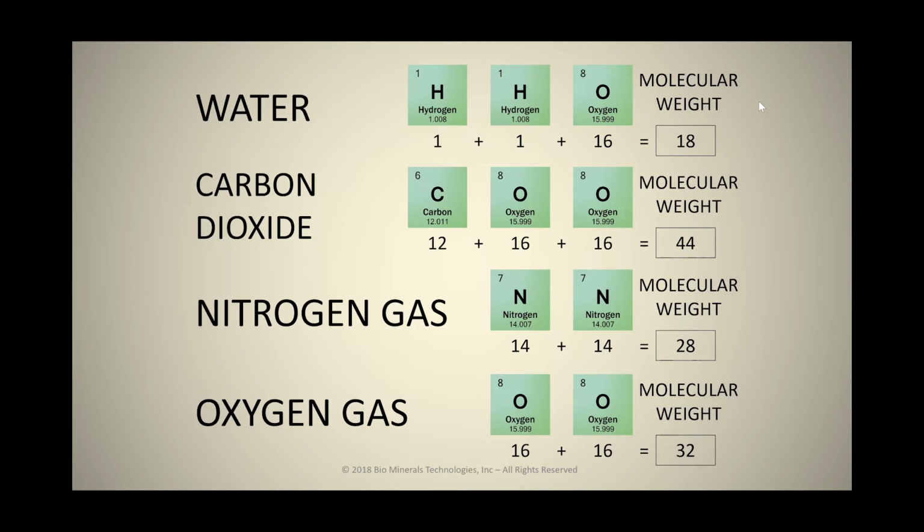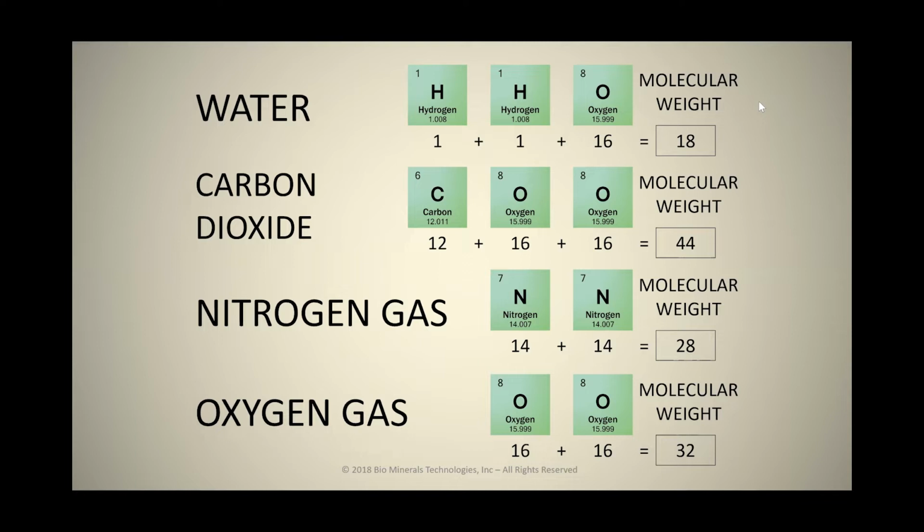It has a molecular weight of 18. Carbon dioxide is carbon and two oxygens, and it has a molecular weight of 44. Nitrogen gas is N2, has a molecular weight of 28, and oxygen gas is O2 and has a molecular weight of 32. And so in the construction of these elements, they're all insoluble, but when they're combined in different ways,